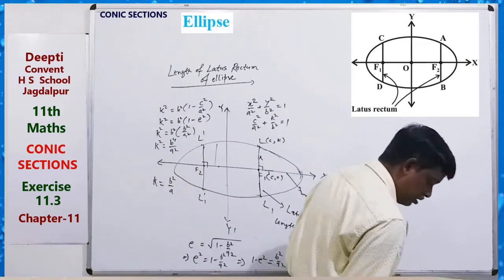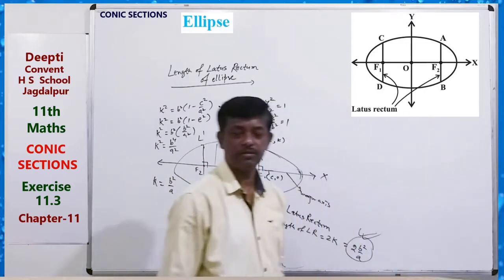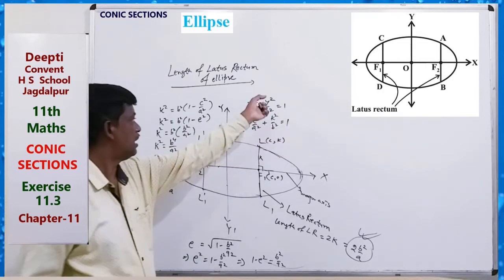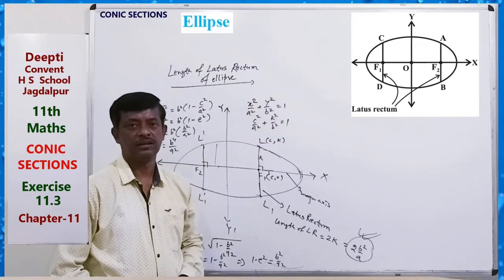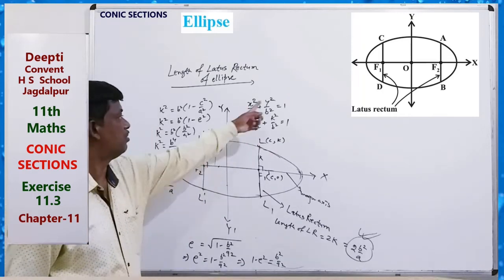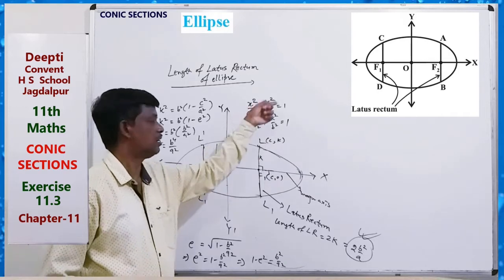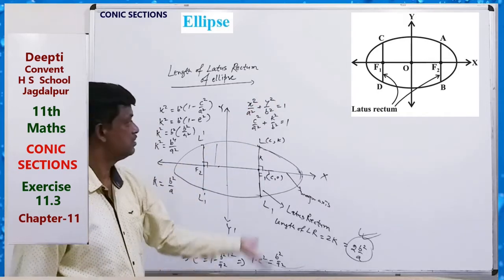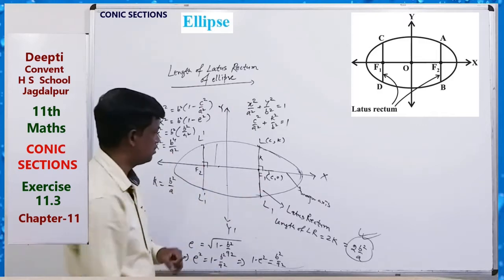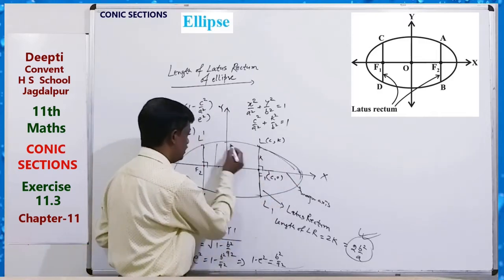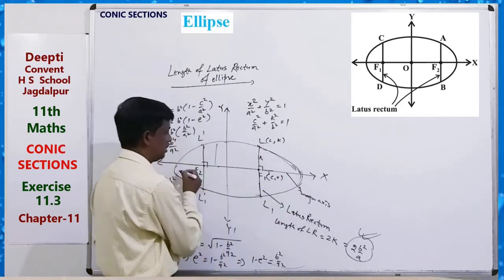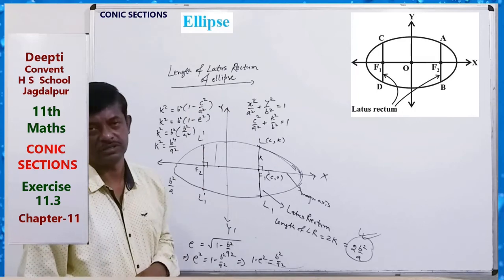So these are the theory. And also here you can see that in this equation, in any of the ellipse, the x and y are of even power, also in x and also in y. That is, ellipse is symmetric about both axes. We can see in this diagram, and this diagram, that it is symmetric about both axes.